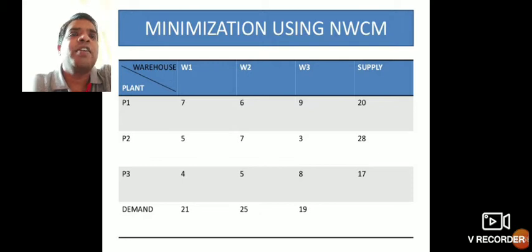P1, P2, P3 are the sources, and the destination centers are W1, W2, W3. Now in the supplies they are given 20, 28, 17. 20 means the quantity available at the source P1. 28 means the quantity available at the source P2, like this. And he has also given the demand 21, 25, 19. 21 means the quantity required by the warehouse W1. 25 is the quantity required by W2,